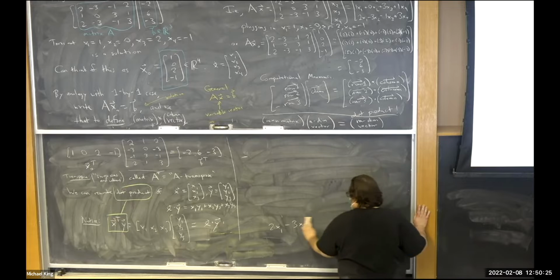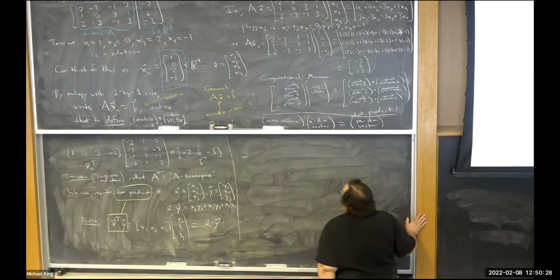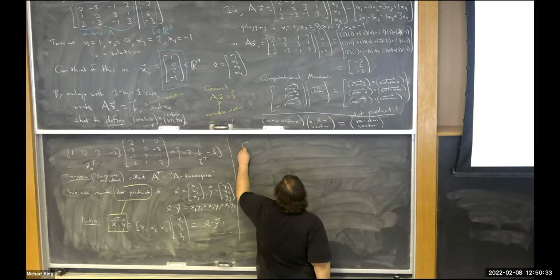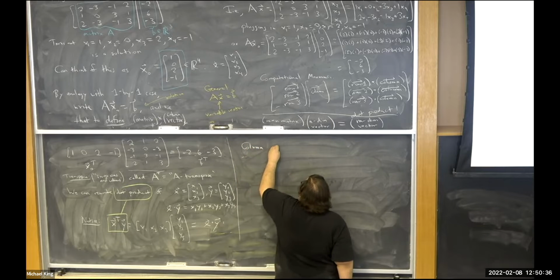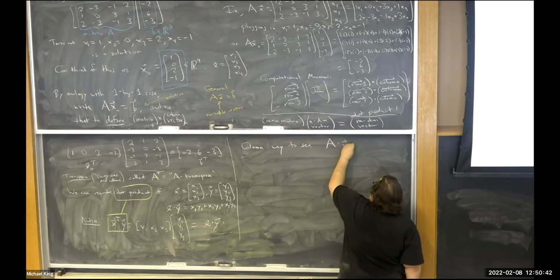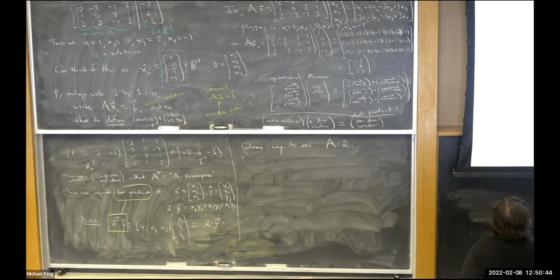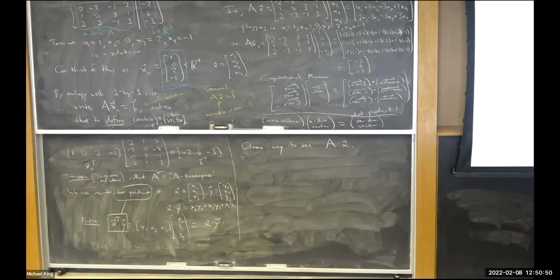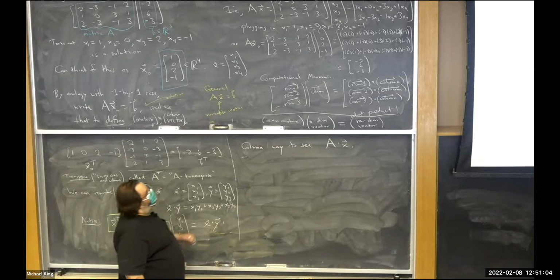Okay, I don't know if maybe I should erase that. There's also a column way to see A times x. So let me go back up to this system and reinterpret this solution. I don't want to rewrite all of this, but